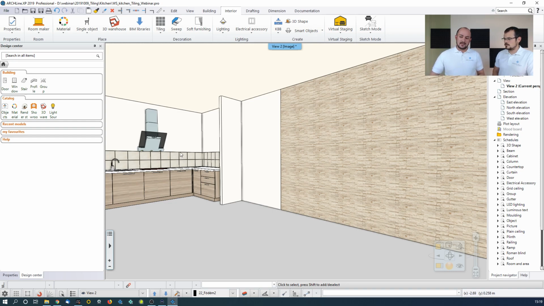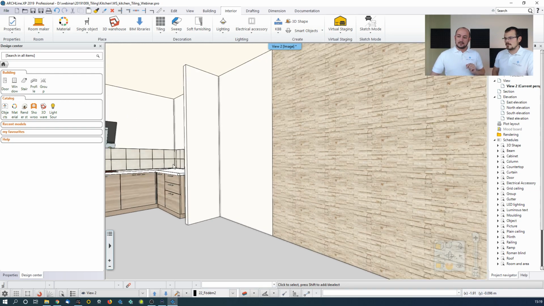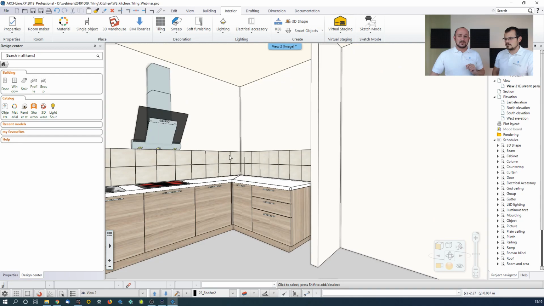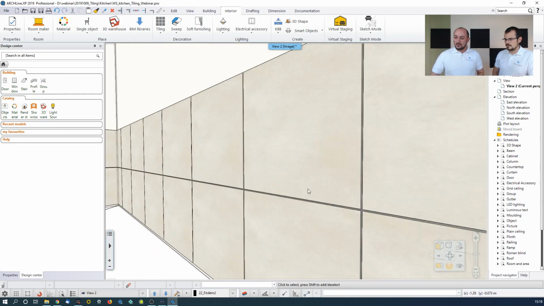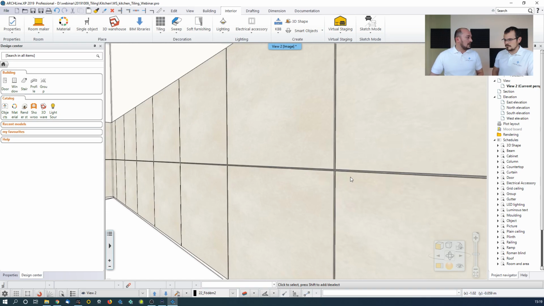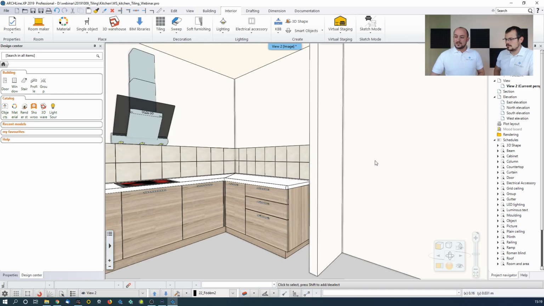Now, in case I use the tiling on top of a background area, there is one interesting thing which we did not discuss. Do you remember there was a kind of dark gray area that I used here? In that case, this is what I will see in between the tiles. As grout? So that will be the grout color from that point on. But if you just simply use it for